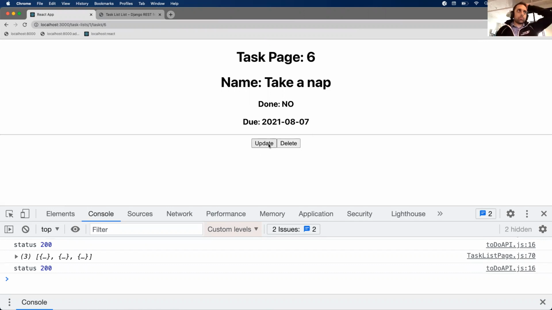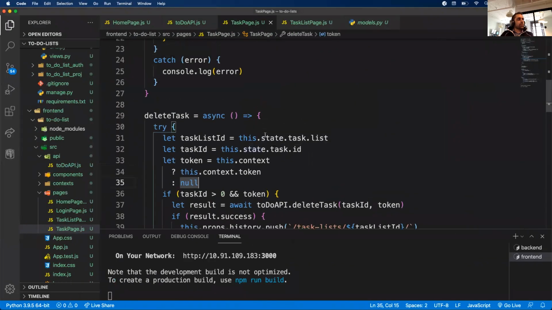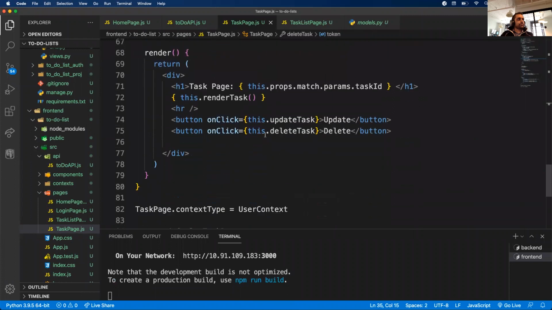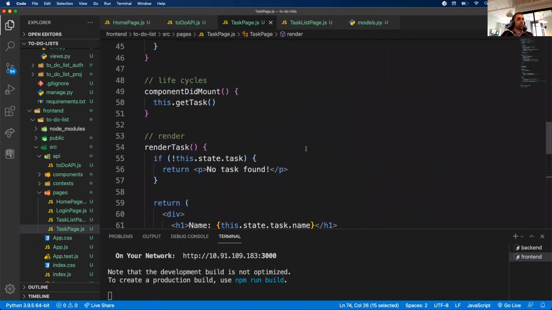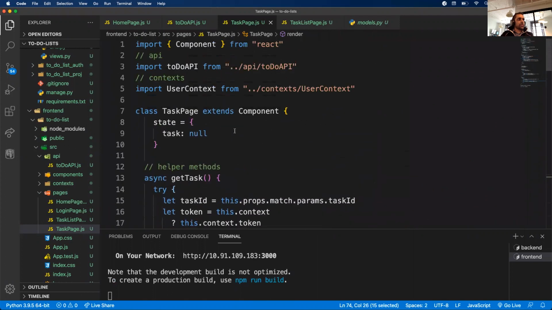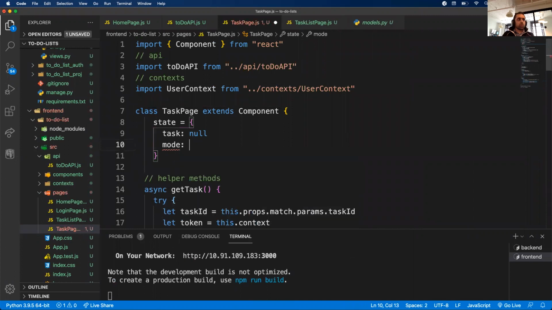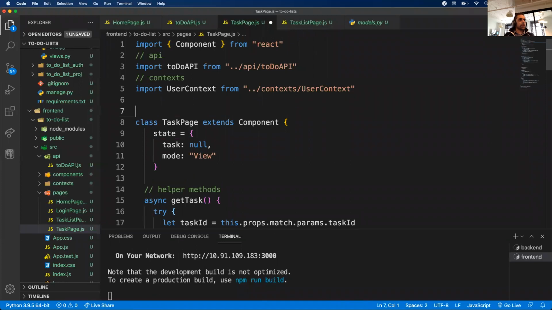So update. We can update the due dates. We can check off if it's completed or change the name. So let's see how we can implement update here. All right, so when we click update, maybe we want to change our mode. So I'm actually going to do this in the same page. Again, we could redirect to a new page, but I kind of like the dynamic feel of this. So we add